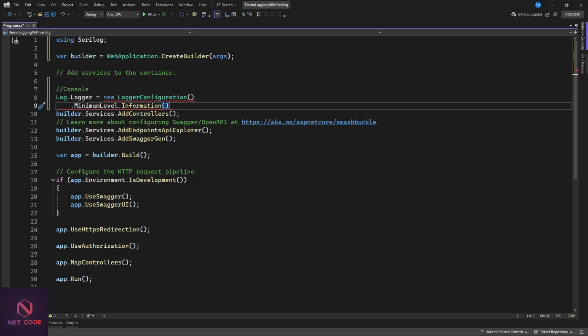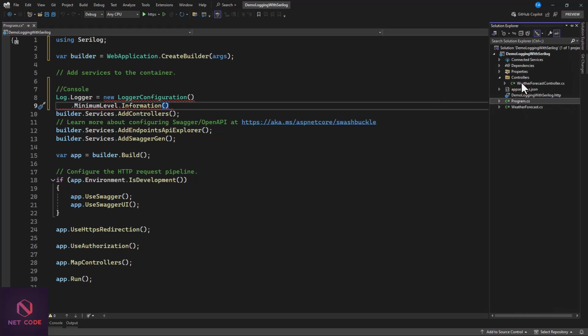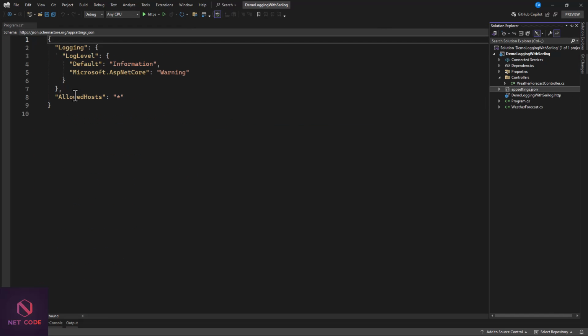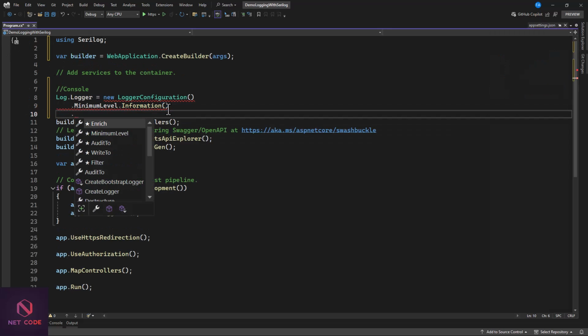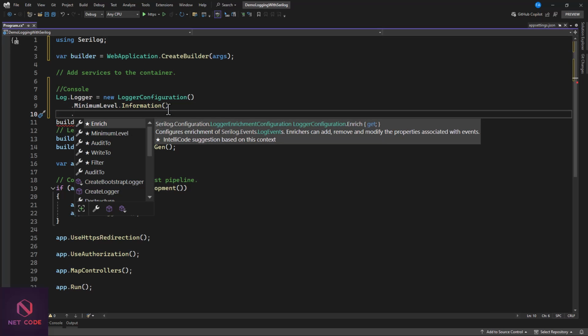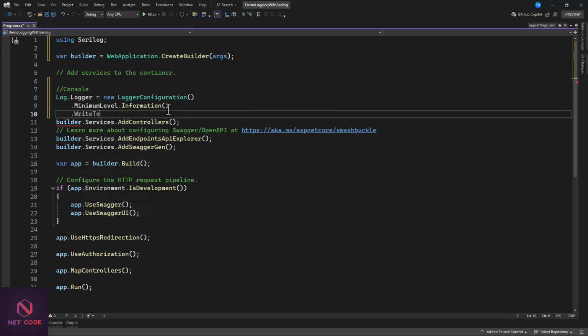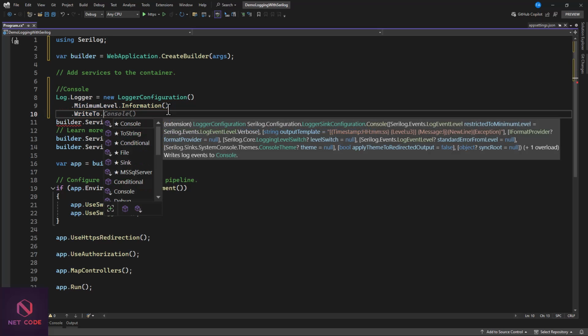So when you go to the app settings, from the default logging settings in here, we have minimum level set to what? That is a log level. Default is information, and we're also setting up information down here. Aside from that, we can have access to write to. So under write to, we can write to console,